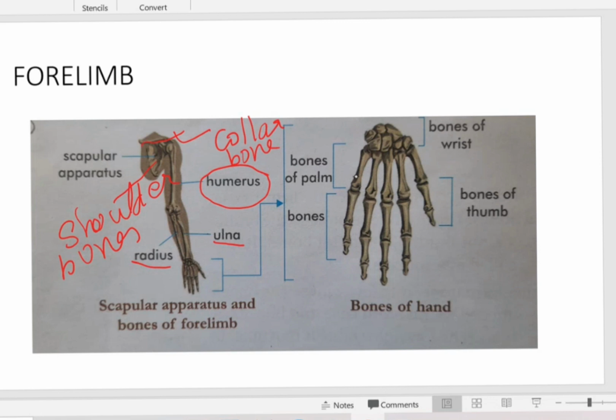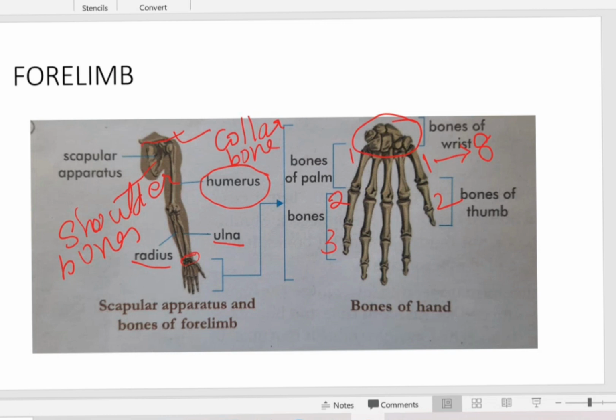And coming to the bones of the palm, after this you can see a wrist here. The wrist is made up of interlocked bones. Total number is 8. So 8 bones are there in the wrist. From the wrist, the bones of the palm, count and see how many bones are there. We have 5 fingers. 1, 2, 3, 1, 2, 3, 1, 2, 3, except your thumb, only 1 and 2. So only 2 bones are present in the case of one finger, that is your thumb.